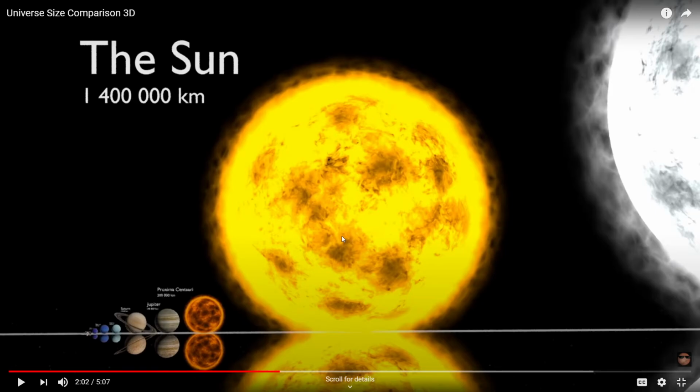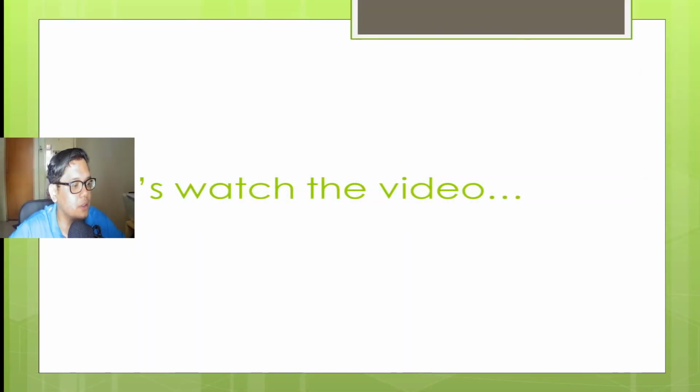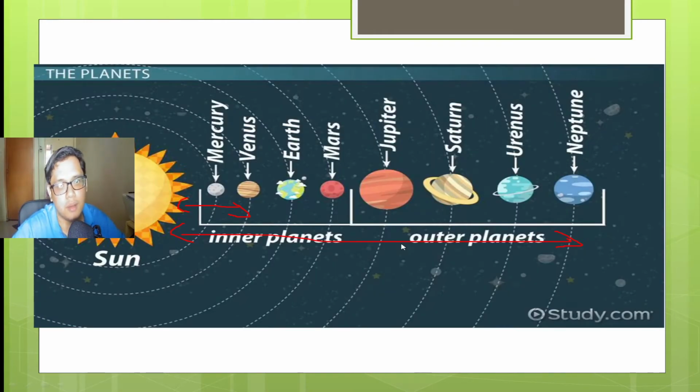Okay, so we will stop there. So you see, these are the planets, and this is the sun. You can see how big the sun is. Wow. Alright, boys and girls, let me get back to this. The video stops there. There are many other planets, but I'm not going to show you that because it's not